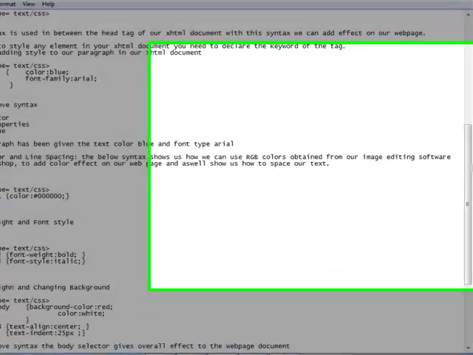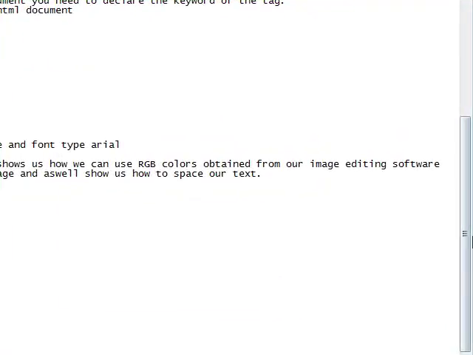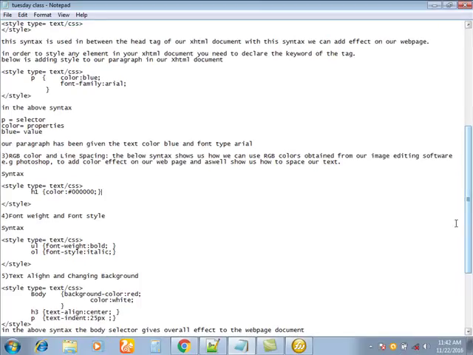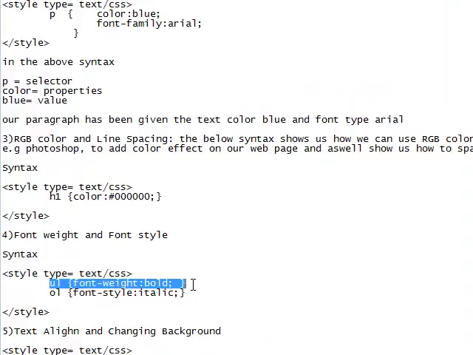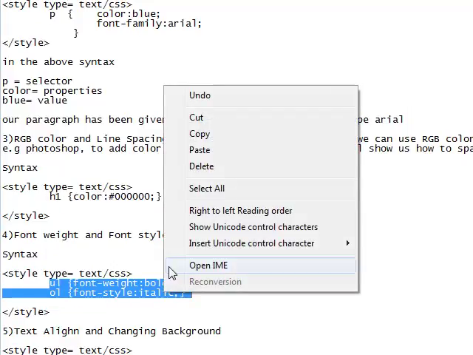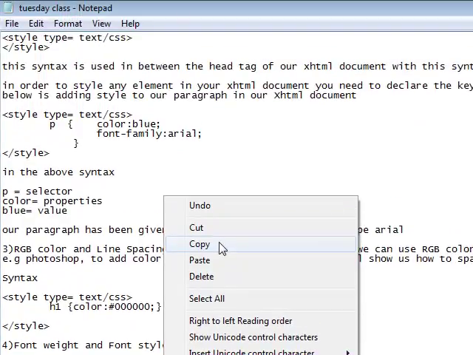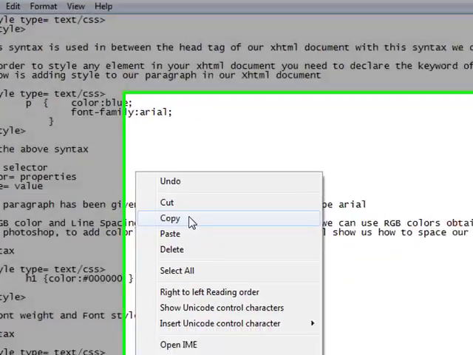Okay, so let's do it on our paragraph. Let's just do it once and for all. Or should we do it on our list? Let's do it on our list as it was done here. Okay, let me just copy these two. Now, if you watch, our unordered list was bolded. We use font weight for our unordered list. Then for our other list, we change the font style. We use italics. Do you get the point now? So I'll just copy it